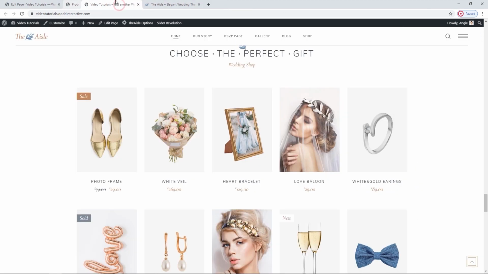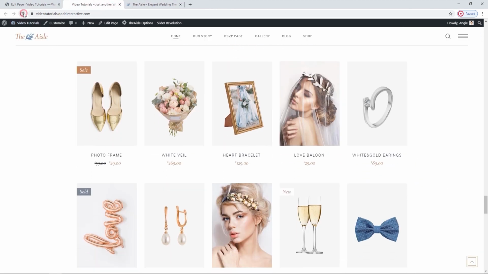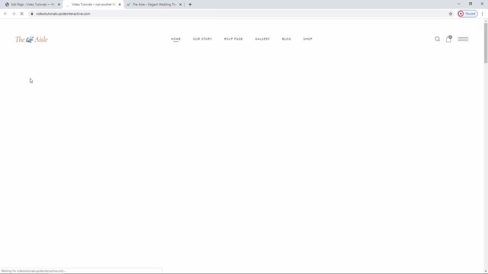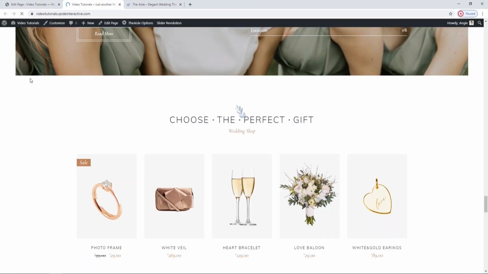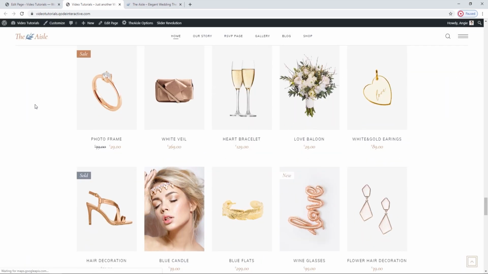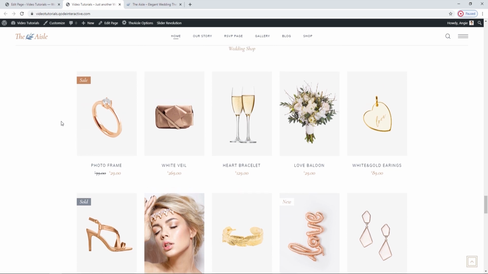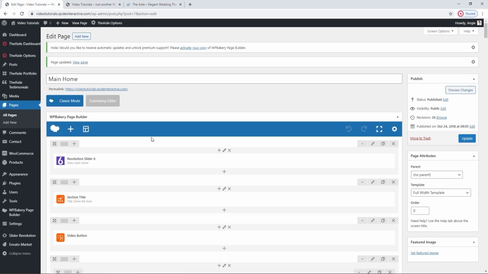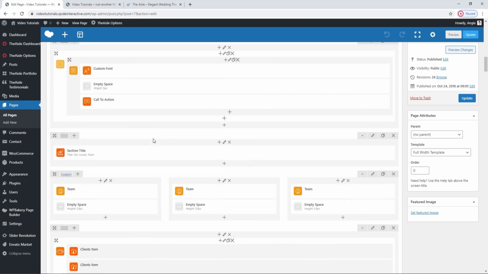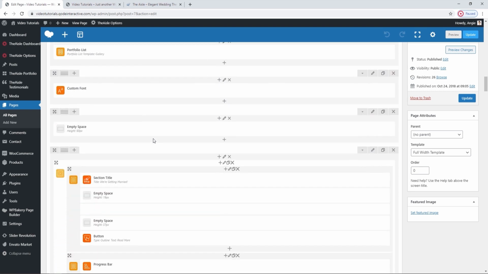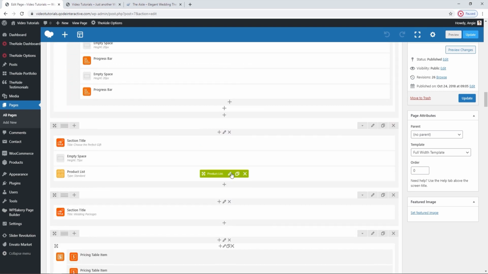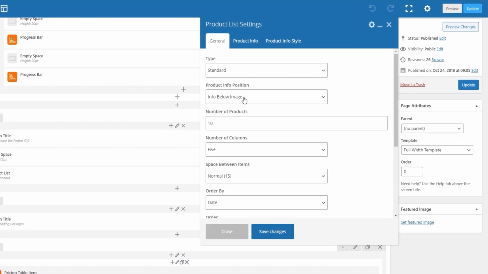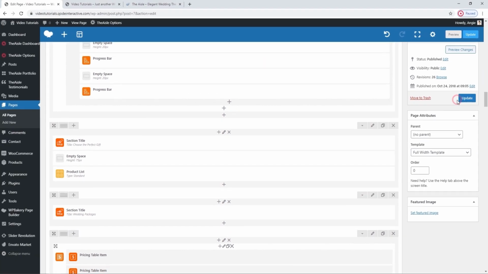And let's see if my new singles will show as they should. Refresh, give it a sec. And there they are. Oh, now I can show you what the list would look like with info on hover. Let me switch it in the settings. Okay, scroll down and down there. And then here, change it to info on image hover. Save changes, update,